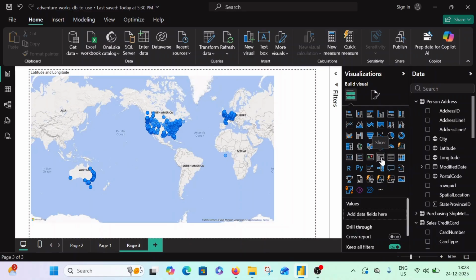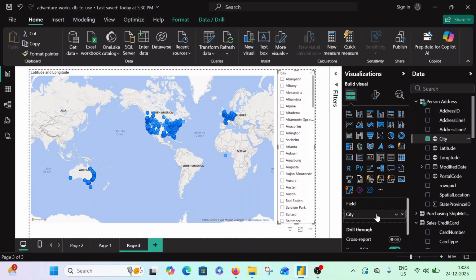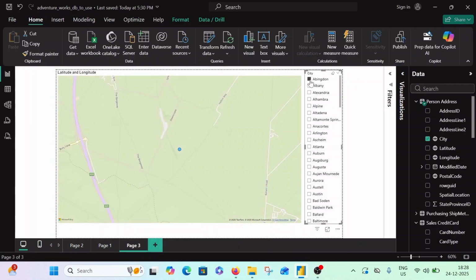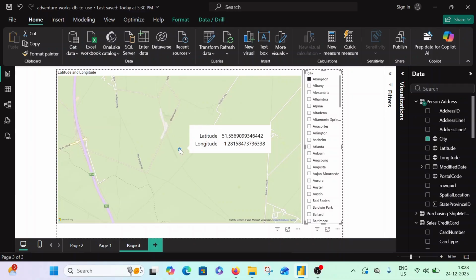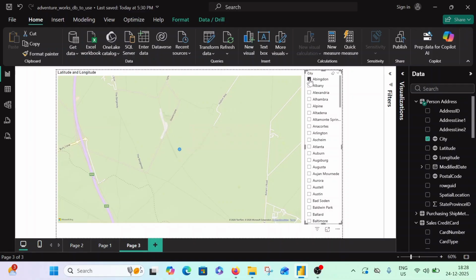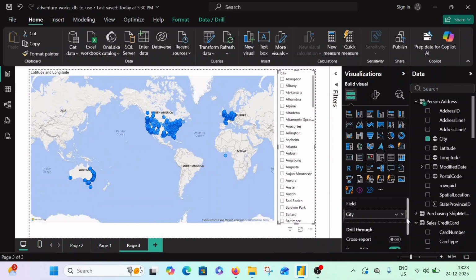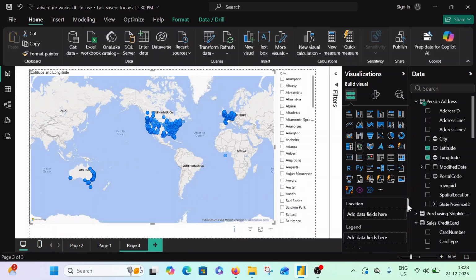Now we have sorted this out and the data has come, but the data in itself doesn't tell you anything. It needs certain KPIs for that, right? So now I'm going to add a slicer with city on it, and I'm going to check if the slicer is working according to the city. Yes, it is. And when you select a city, it will show you the perfect location on the map, but still it doesn't give me any information. I need certain information from any data that I see.